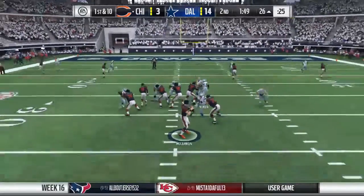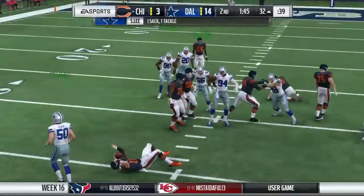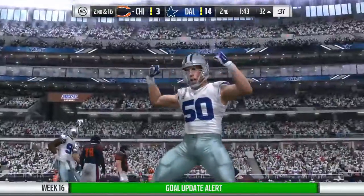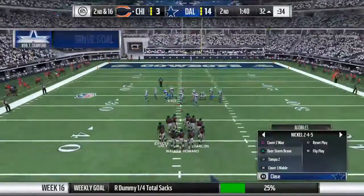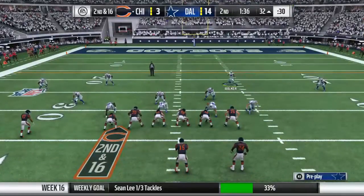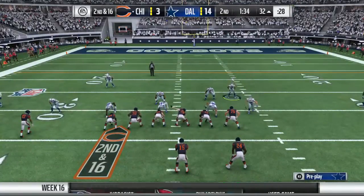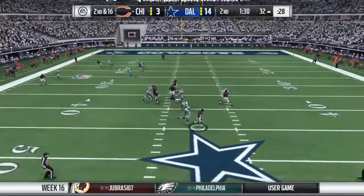They go play action here on first down. And no escaping this time as he'll go down. They got him for a sack. Sean Lee, the outside linebacker, drops him for a loss of 6. Man, he got in there so quickly, Charles. What could the offense have done to adjust and account for that? But what you're hoping is that you figure it out and you see and get a clue that maybe there's...